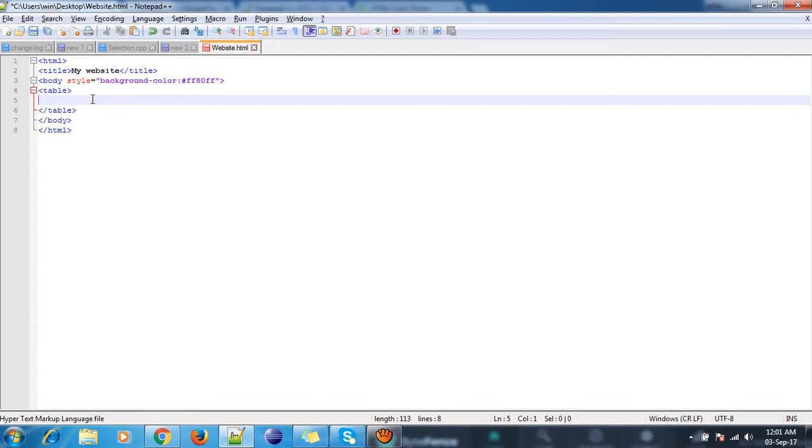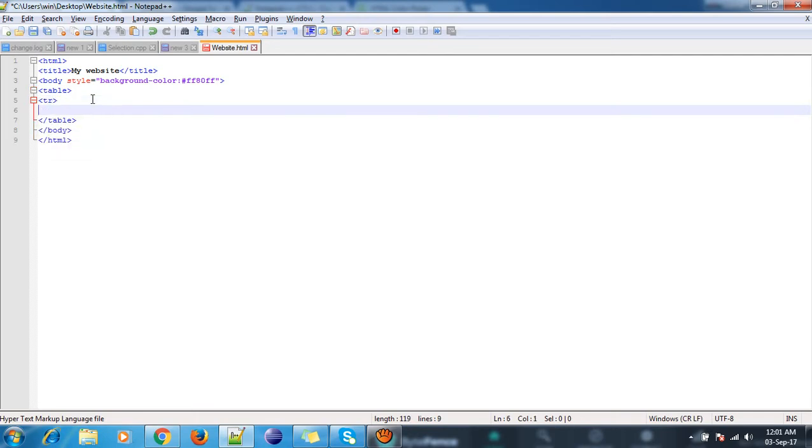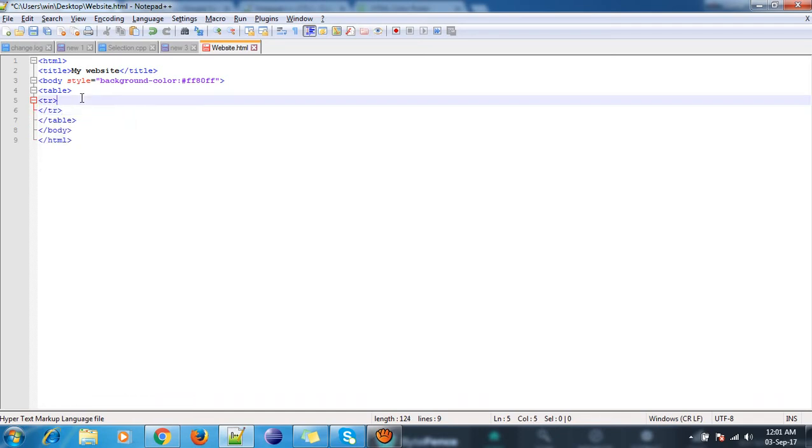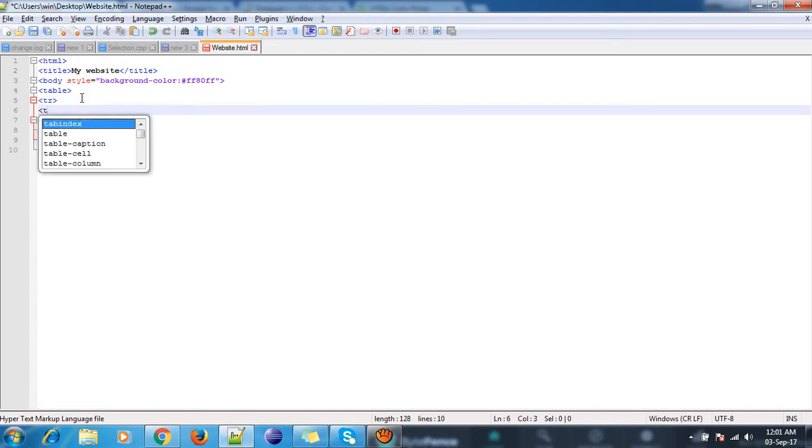Table. In this table I'll take a row, and in this row I'll take data, td/td. This will be home or home page.